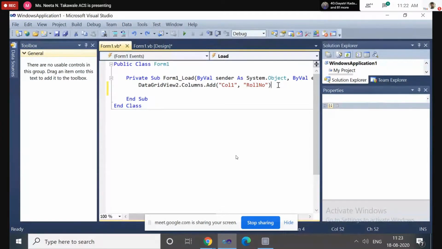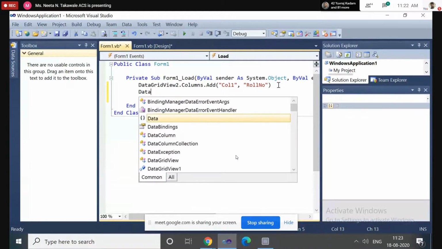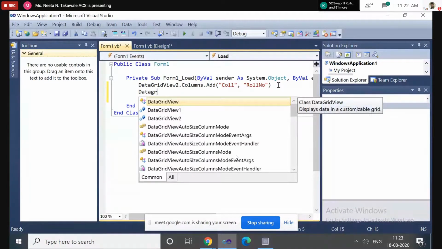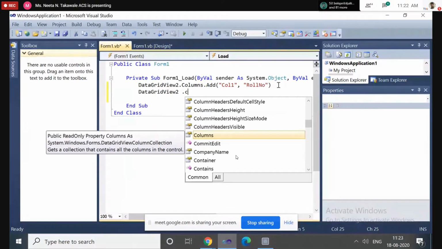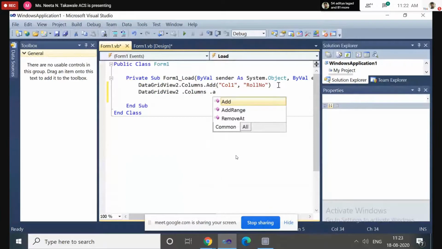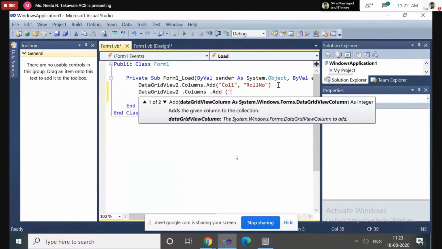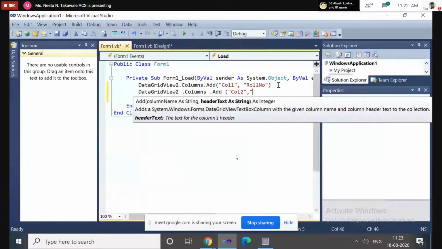Okay, same thing for the second column. Data grid view 2 dot Columns dot Add. The name of the second column is col2, and the header is Name of the student.